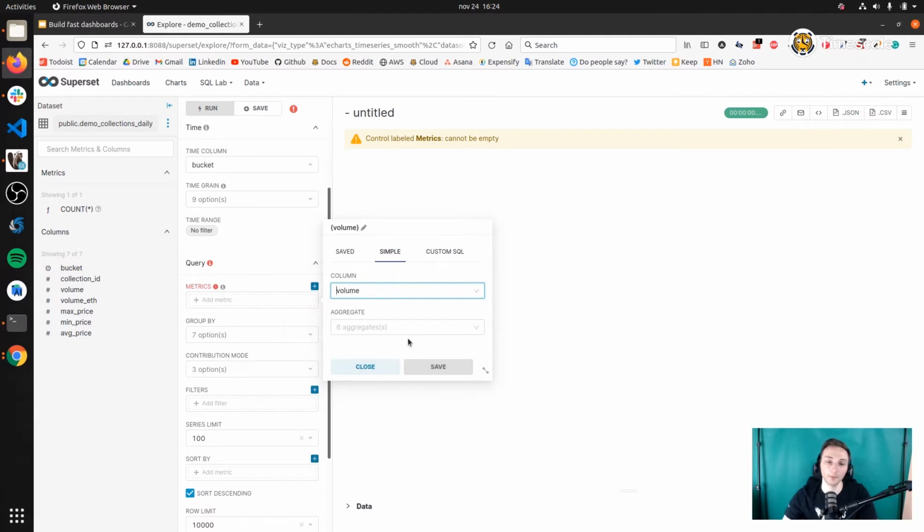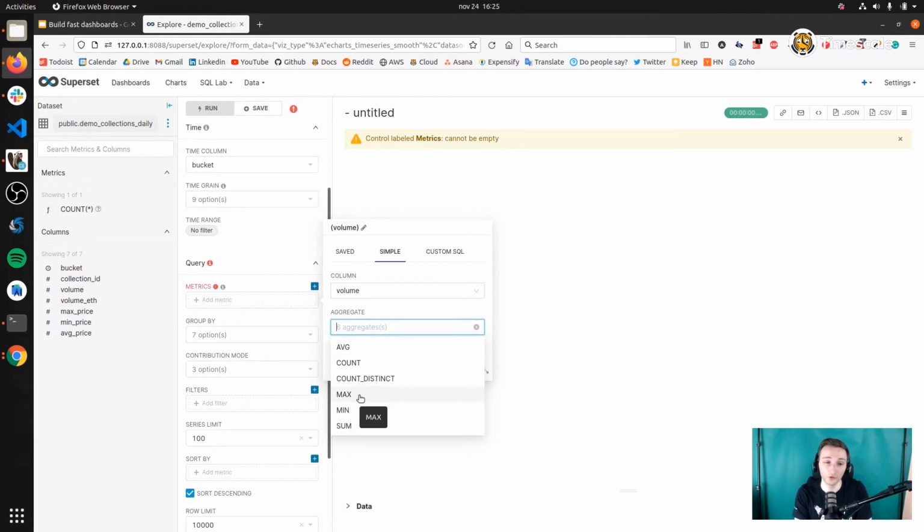So I choose this. Now we cannot click save for now. We also need to define an aggregate function here, but this wouldn't be needed technically because we already created the aggregated value. So the continuous aggregate stores the aggregated value. We don't need to further aggregate it, like it's already done. But because this dashboarding tool works this way, we need to define something. So I usually use max because that's not going to change the value of the aggregation. You can use average, min, or sum as well. Just don't use count, because that's not going to work. Use average, max, min, or sum,